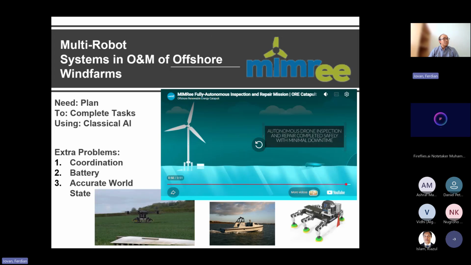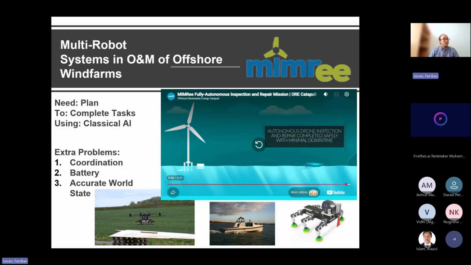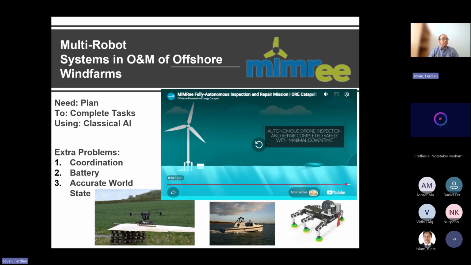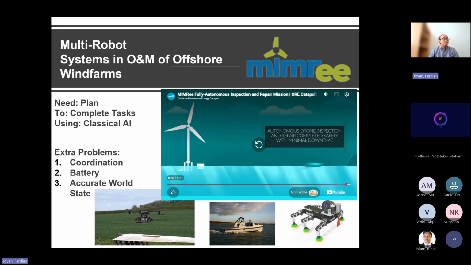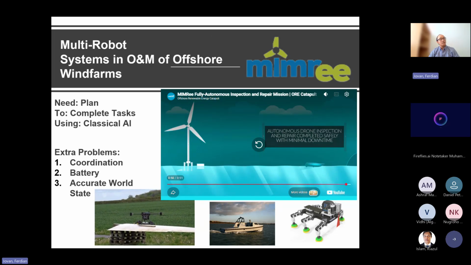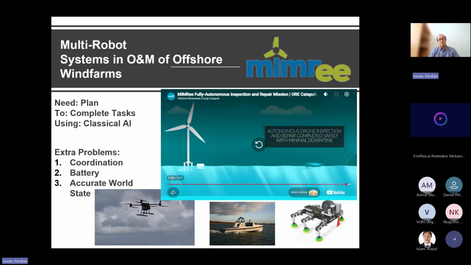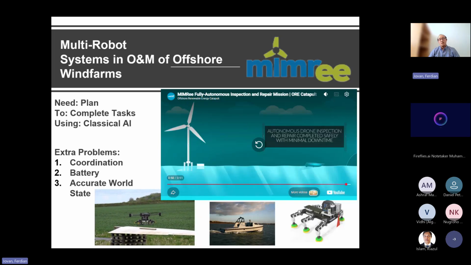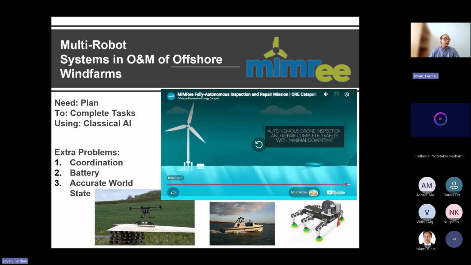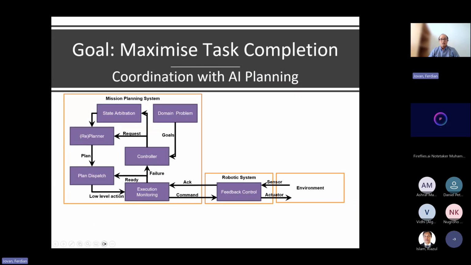So the key problems here are clear: the coordination and the battery capacity, especially for the drones and also the crawler. The other part that we need to deal with is how we can accurately represent the world state, or even the robot state, in the domain. Solving the coordination problem with AI planning is rather easy.